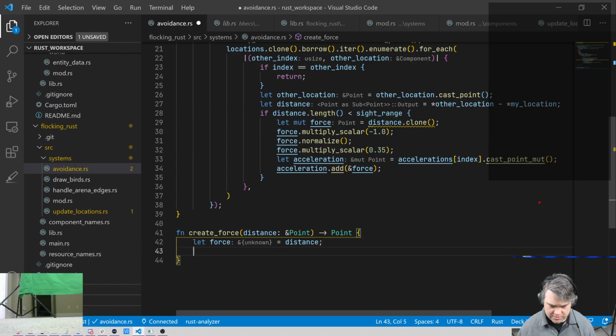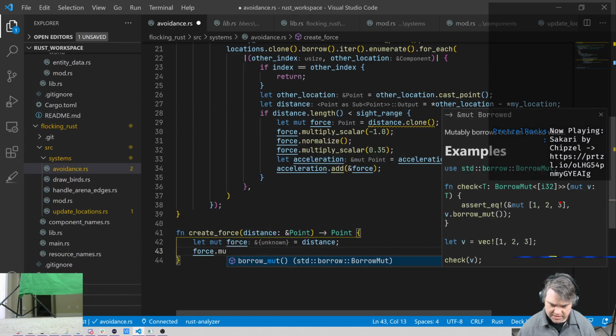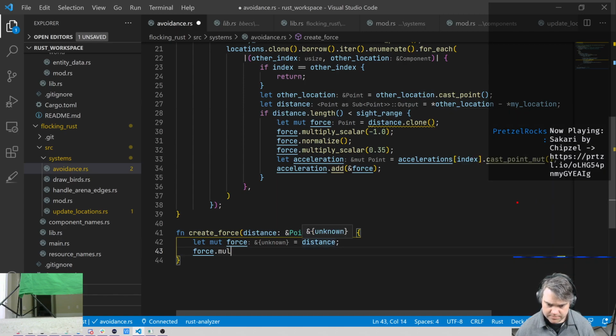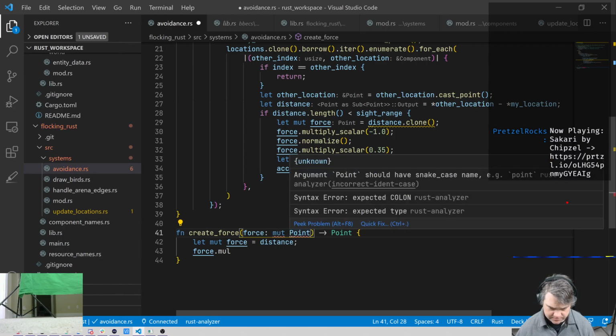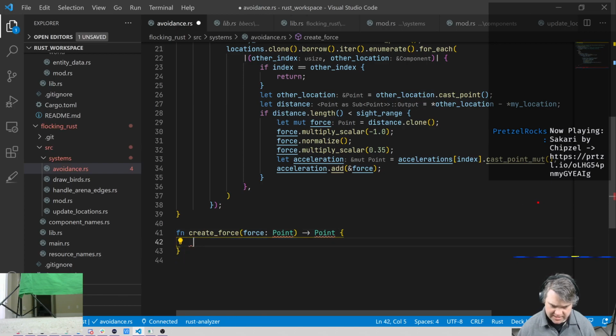Why are you unknown? And then force dot multiply. Oh, okay. We could take in the force, which is a point. So it's going to clone when we add that in here. And we're going to say that you're a mute point. I guess just own you like that. Don't do anything like that. Now I can just say